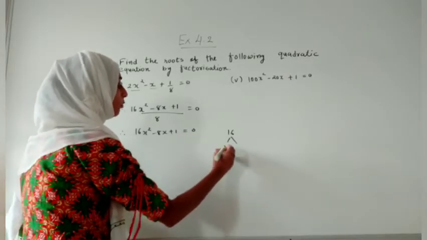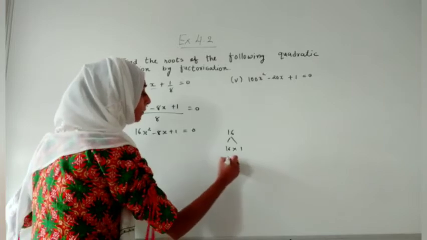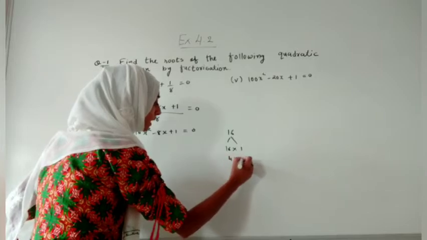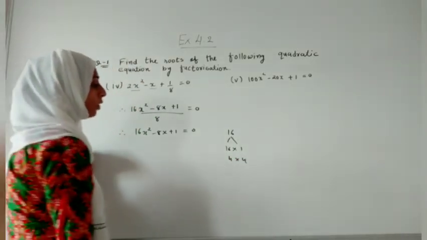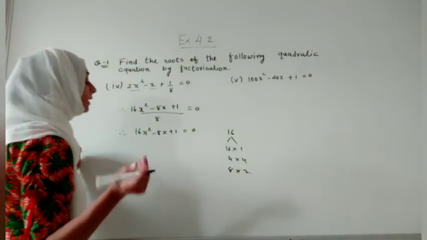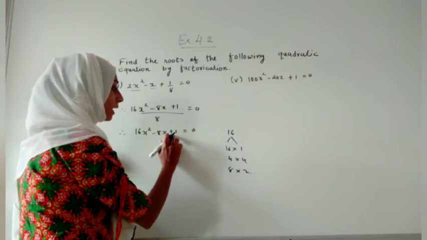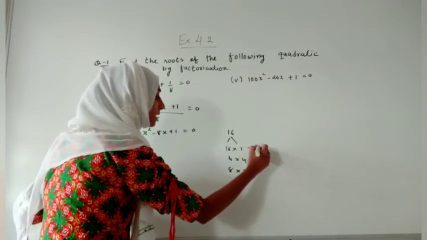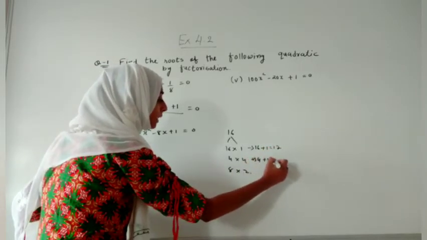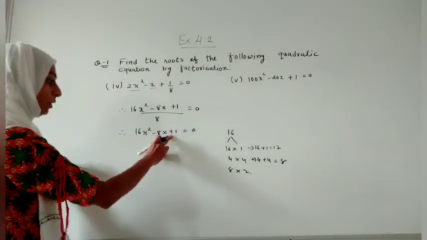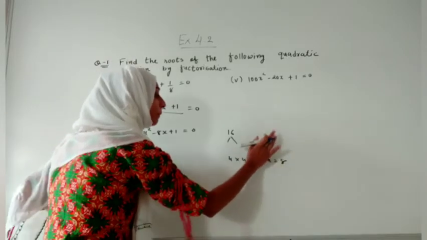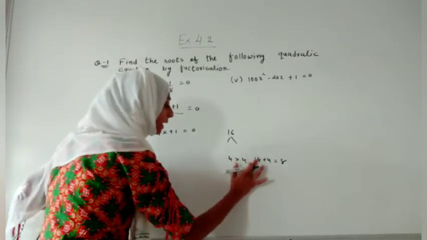We have to take out possible factors of 16. So 16 ones are 16. Another factor of that, 4 fours are 16. Another factor, 8 twos are 16. And if any other factors are there, we can write them. But यहाँ पे ऑपरेशन करना है प्लस. Means when we are doing 16 plus 1 it will become 17, and if we are doing 4 plus 4 it will become 8. So as we know हमें यहाँ प्लस करके 8 ही लाना है, so we will consider these as factors. But the problem is that we need minus 8, so हमें एक चीज़ चेंज करनी पड़ेगी.